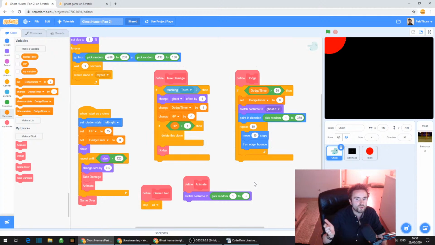So for example, do the ghosts dodge far enough for you? If you want them to dodge faster, or if you want them to dodge further, like keep going for a longer period of time, what numbers would you change? Where in the code would you change that? Have a bit of a think about it. Feel free to put the answers in chat now if you want to put forward what you think. How would you change how fast the ghosts dodge? How fast they move when they dodge? And then second question, how would you change how far they dodge, how far they go before they stop dodging you?